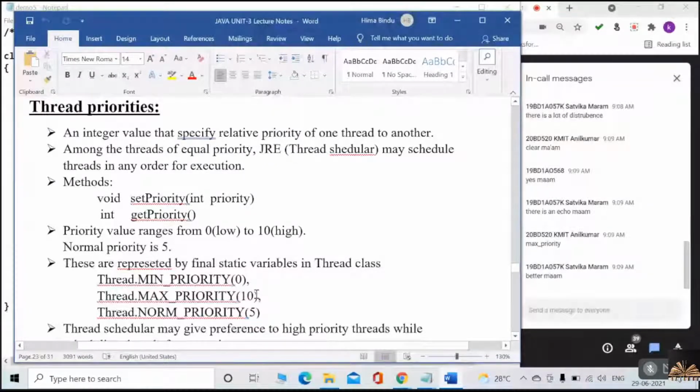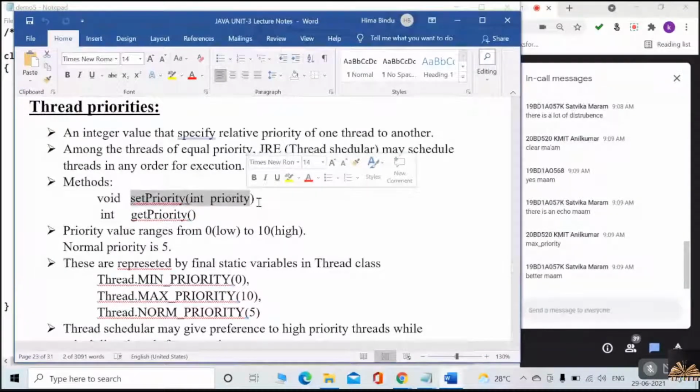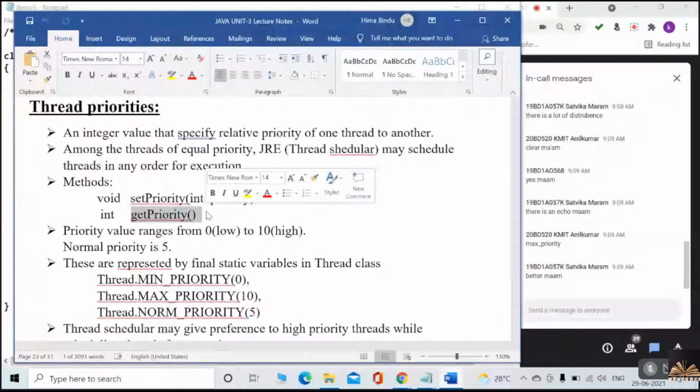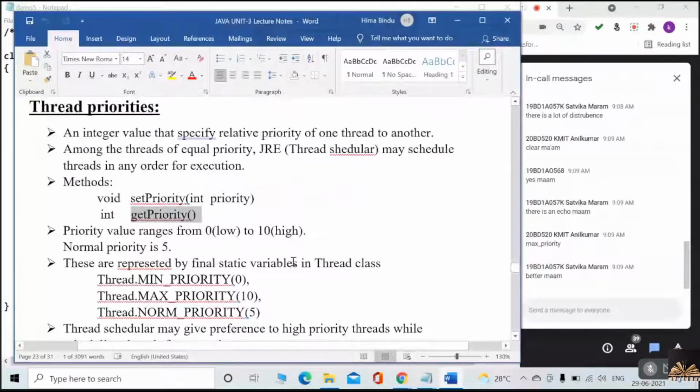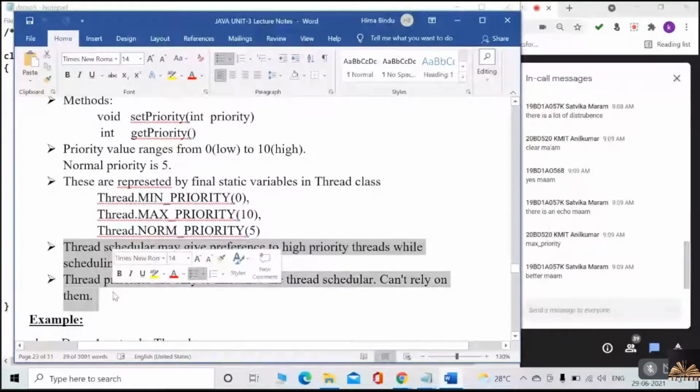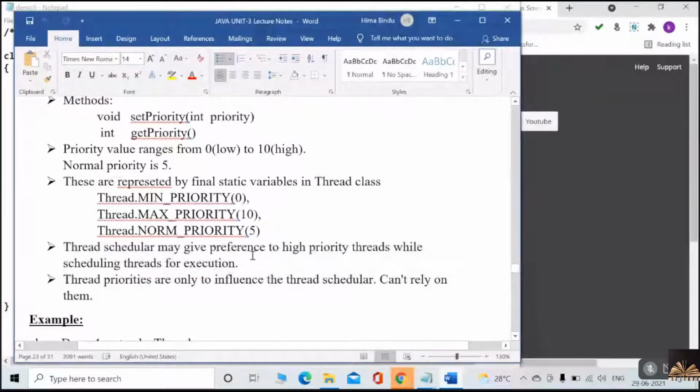Okay, understood? There are two methods: setPriority, where you pass any priority of your choice from 0 to 10 and set it, and also you can use the method getPriority, so that you will find out on which priority the thread is working. Listen very carefully, just read these two lines. Thread scheduler may give